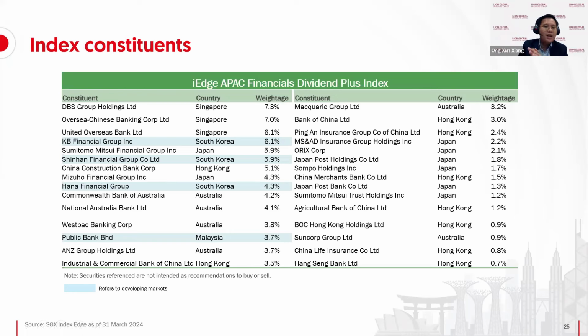So this helps investors assess the high dividend yields offered by these Chinese financials, but at the same time limit the country exposure to China. So because of this, you get diversification across geographies, across countries at different points of their interest rate cycle, and still get access to stable dividend income and also high dividend income. And that's why and how we are able to offer the stable 5% per annum quarterly distribution safely for investors,